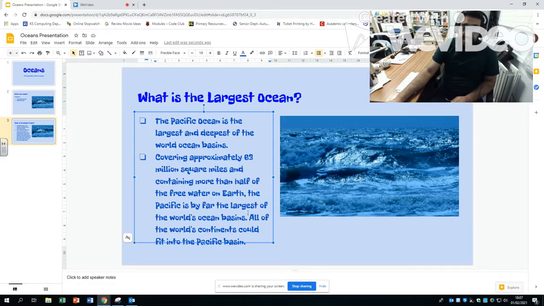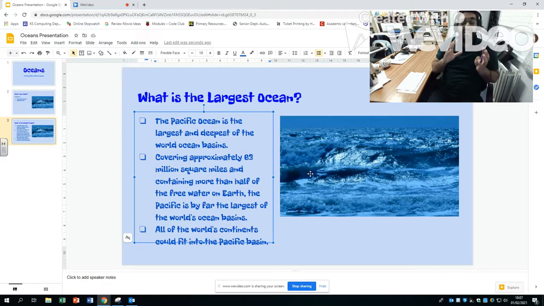That's another sentence. And the next sentence I will put onto a third bullet point. All of the world's continents could fit into the Pacific basin. Okay, so now, even though it's the same amount of information, we've broken it down into 3 bullet points and it looks a little bit nicer. That middle bullet point is still quite big, so we can think about a way we can break that down